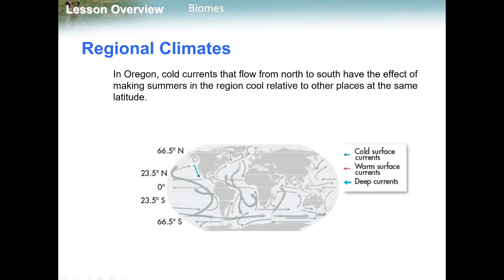We talk about regional climates. Let's take a look at the state of Oregon. Oregon is located up in this area of the United States, and it gets a lot of moisture off of the Pacific Ocean, the warm Pacific Ocean. So what winds up happening is their summers in that area tend to be relatively cool because of the moisture coming from the ocean, and they also tend to be relatively wet because of that moisture as well.